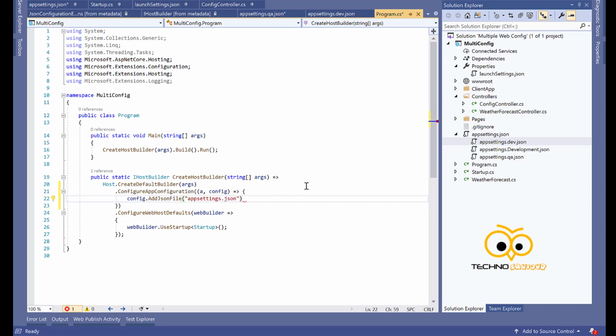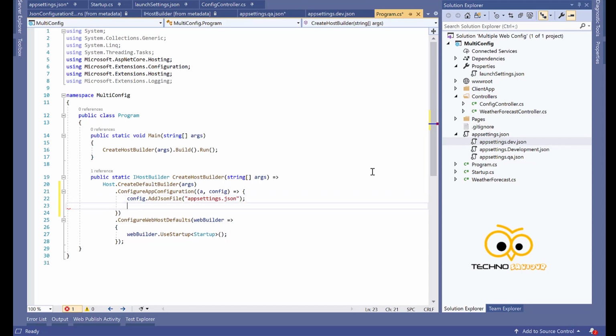Now apart from this appsettings, we also need to decide whether to load our dev appsettings or QA appsettings. We can do that by again calling config.AddJsonFile. Here I will introduce a variable which will help us identify which appsettings to pick up.